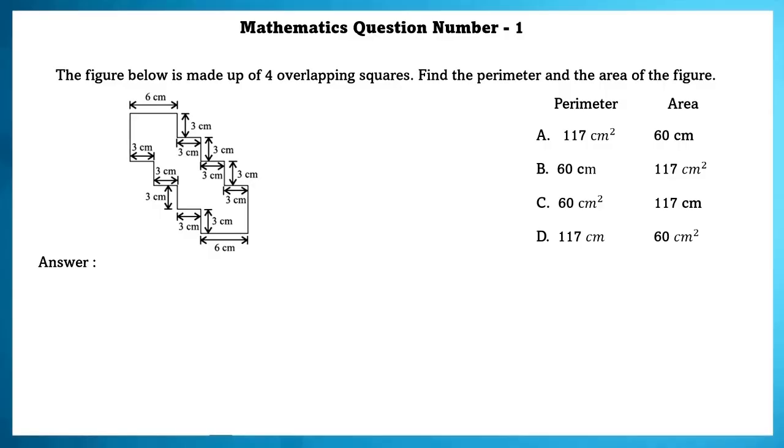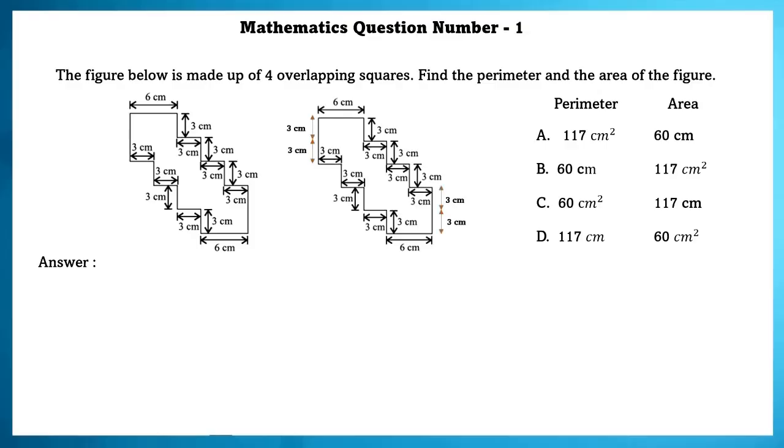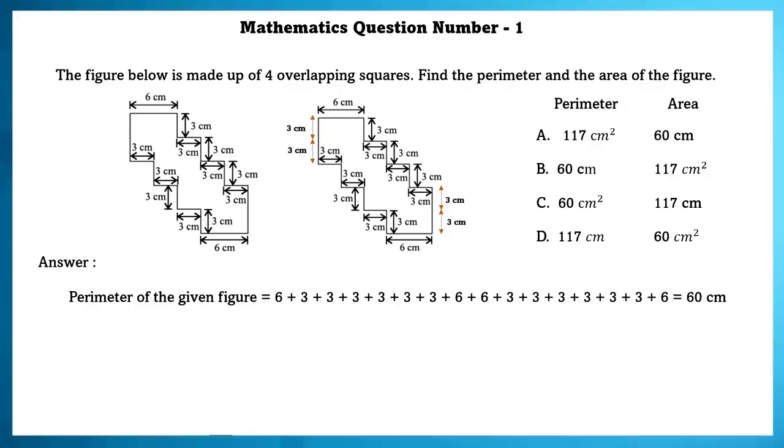To easily find the answer to this question, we can first find the perimeter, that is 60 centimeters. Now in the options, only B1 has 60 centimeters. You might be thinking C1 also has 60 centimeters square, but this is wrong because in perimeter we don't use the measurement square. So the B option is the correct option. We can choose it. But now for your understanding, we're going to do the area part also.